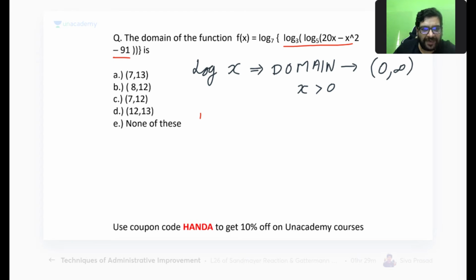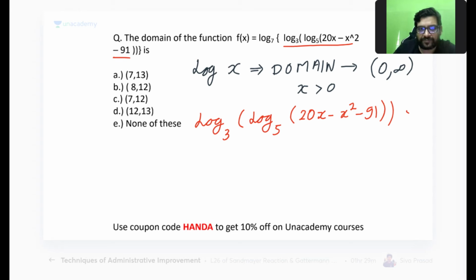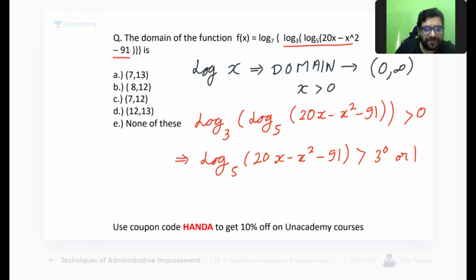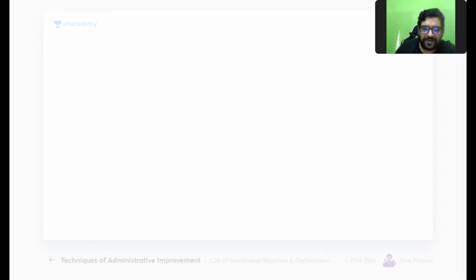So this entire part, that is log of 3 log to the base 5 20x minus x square minus 91 has to be greater than 0, which means log to the base 5 of 20x minus x square minus 91 has to be greater than 3 to the power 0, or I can write 1, which means 20x minus x square minus 91 has to be greater than 5 to the power 1 or 5,